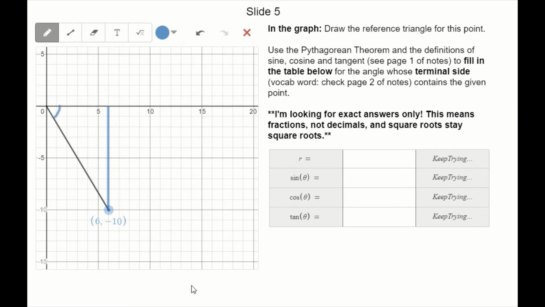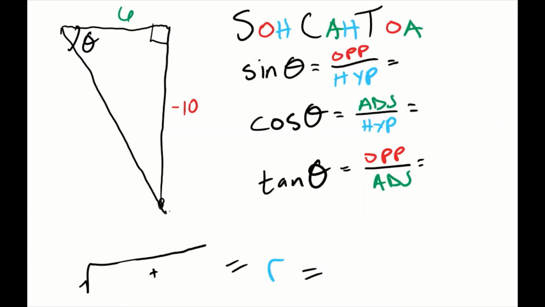Okay, so let's get this into a notepad. So we've got our two side lengths. Now we need to find the hypotenuse first. So let's just plug those into our equation for the hypotenuse, the Pythagorean theorem. We're going to have the square root of 6 squared plus negative 10 squared. Then we're going to simplify that. 6 squared is 36. Negative 10 squared is 100. So we're looking at the square root of